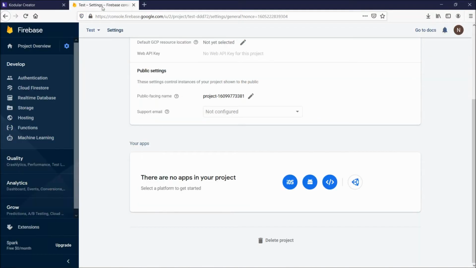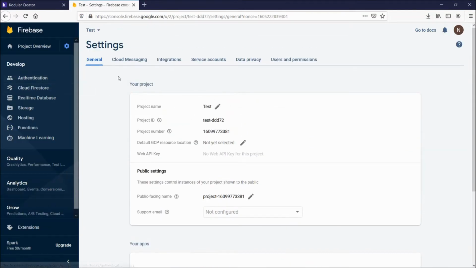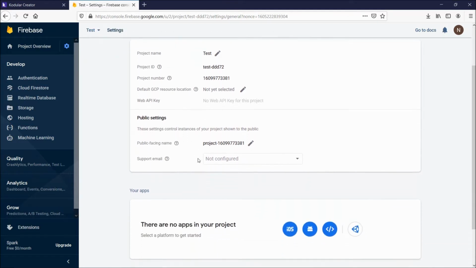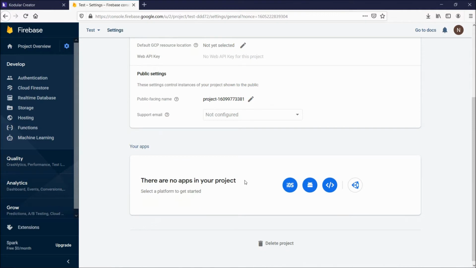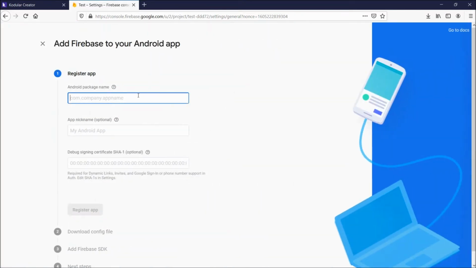Now let's go to Firebase. I have created a test project here. Nowadays Firebase has disabled the web API key from here, so there's no web API key for this project. How do you get this web API key? For this, you need to register your app here. If you are using iOS, Android, or web, you can register here. Click on Android. It will ask for a package name.